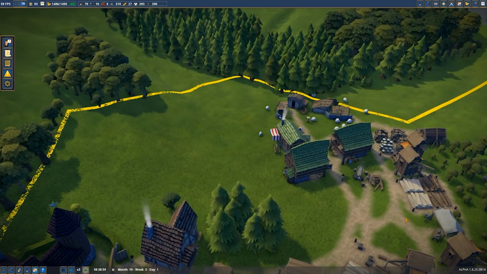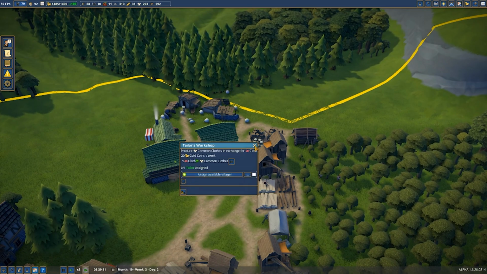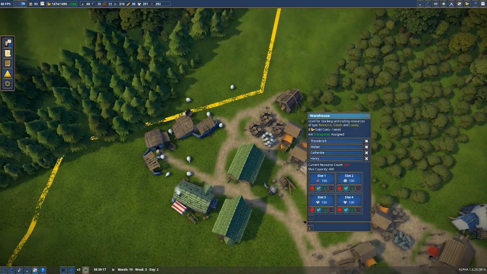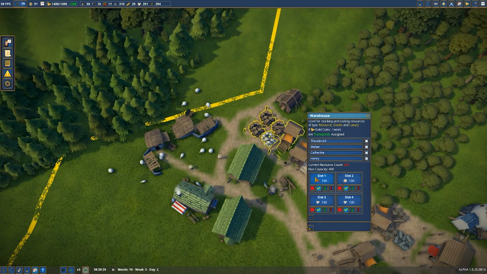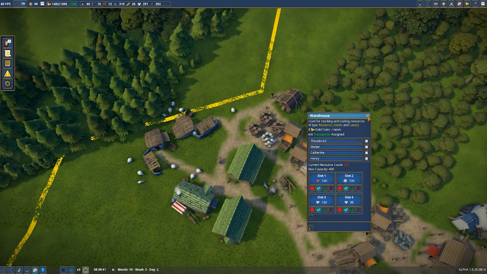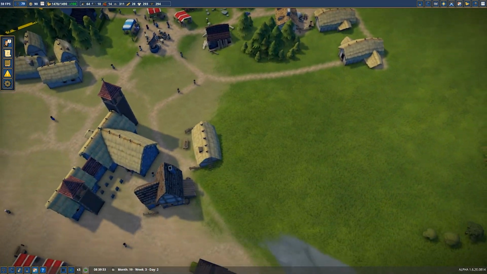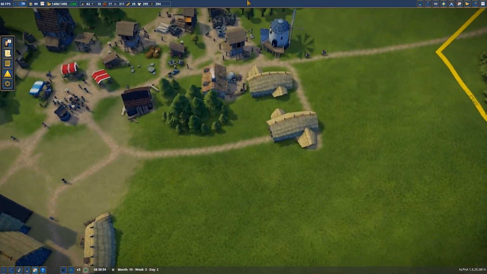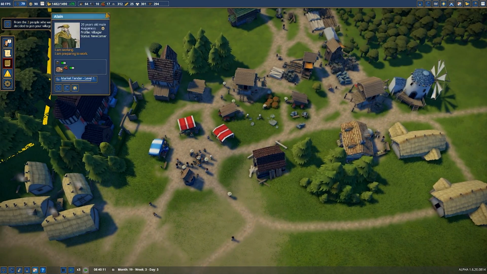And then we have, what we got here? We got our fish coming in. We got our tailor making the clothes. We have 100 shirts. No, we got 200 shirts. And we got a bunch of wool and fabric. That's good. So we're going to need that when we start promoting commoners. And do we have them a stand? We do have a stand